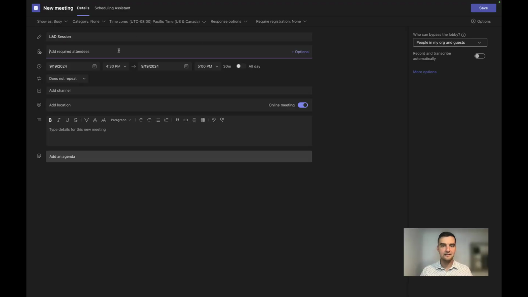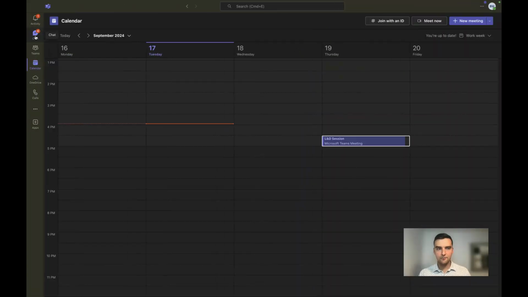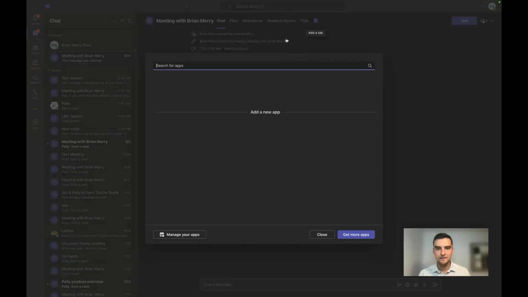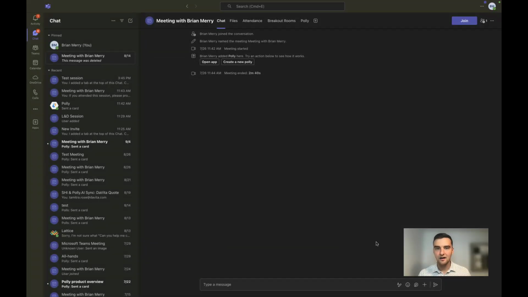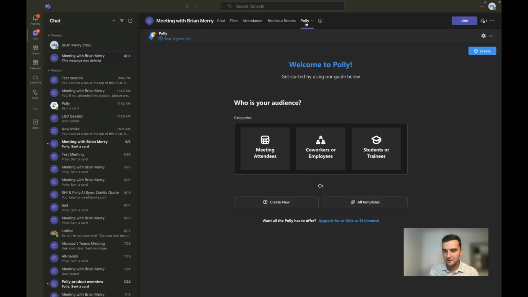You can invite your attendees. We can go ahead and hit save. And as we all know, every meeting has a chat session associated with it as well. You can see here, you can add Poly as an app at the top of the screen just by clicking the plus button and adding it as a tab within the specific chat of the L&D session that you have coming up. When I head to that tab, it's going to give me a menu of options for